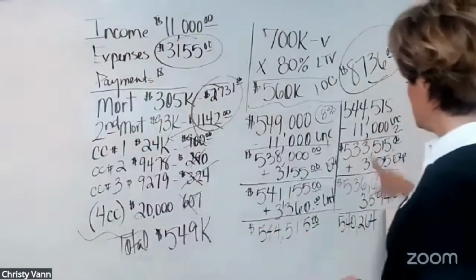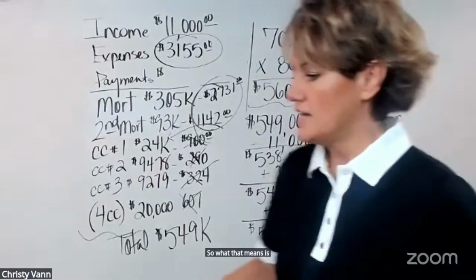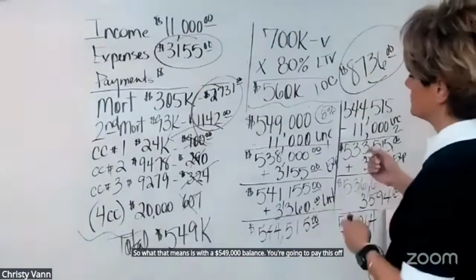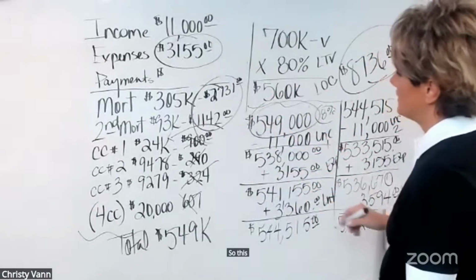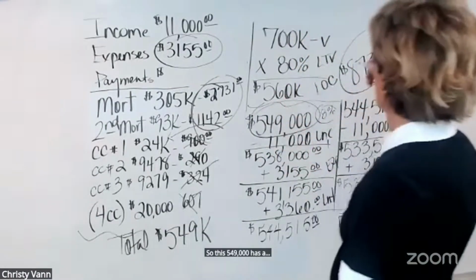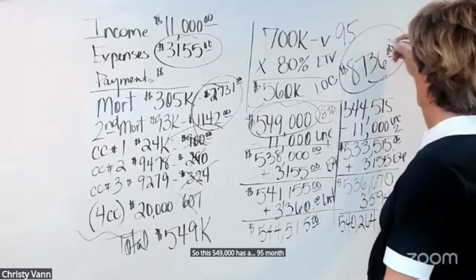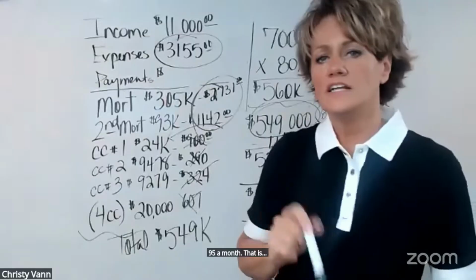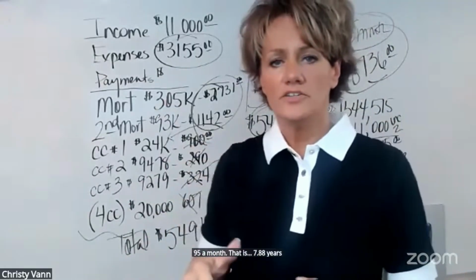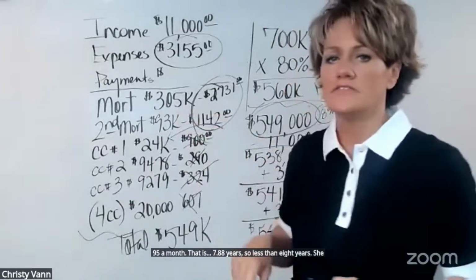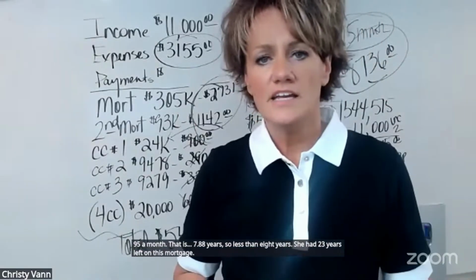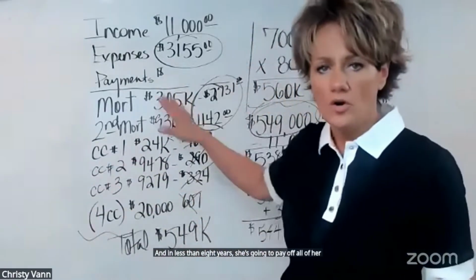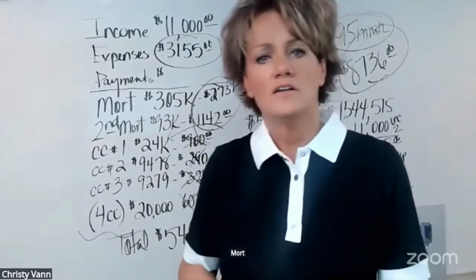So what that means is with a $549,000 balance, you're going to pay this off in 95 months. So this $549,000 has a 95-month payoff. I don't know if y'all can see this or not. 95 months. That is 7.88 years. So less than 8 years. She had 23 years left on this mortgage. And in less than 8 years, she's going to pay off all of her debt, including her home's mortgages,